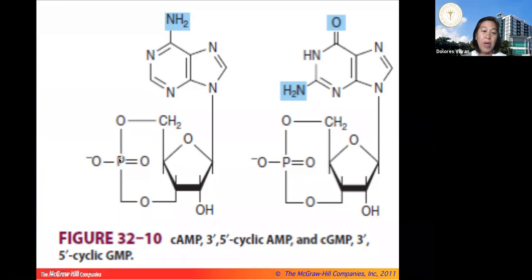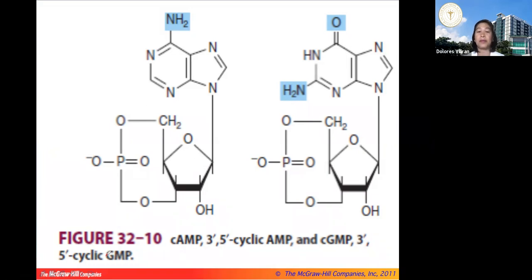So meaning from ATP, when it is converted to AMP, the 2 phosphates will be removed, and the remaining phosphate group will be linked to the 3' hydroxyl group. So this is the structure of cyclic AMP, okay? To complete 3', 5' cyclic AMP, a very famous second messenger. In addition, you have also cyclic GMP, another second messenger. Same with AMP, it is derived from GTP. So from GTP, you remove the 2 phosphates, and then the phosphate is linked with the 3' hydroxyl group, forming 3', 5'